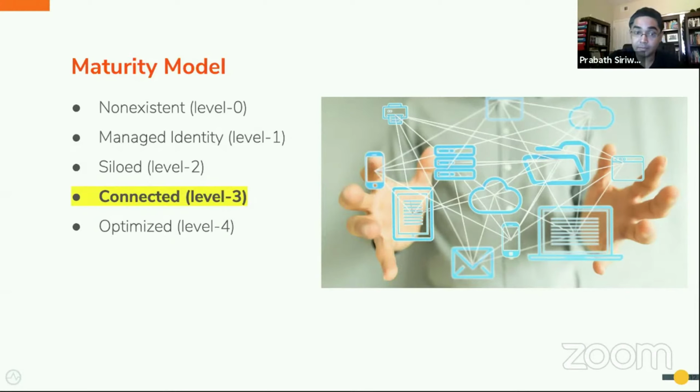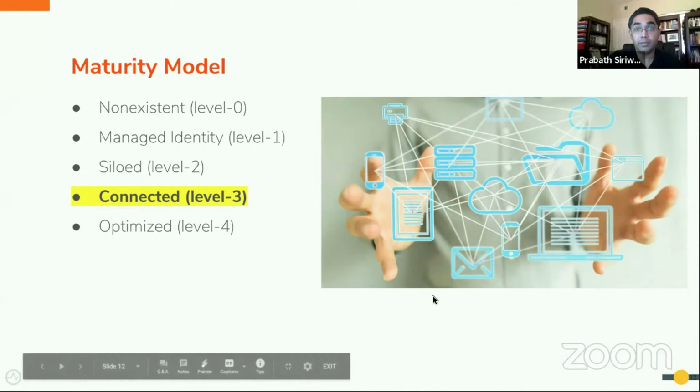To build a CIAM solution in this phase, you would need more than an identity provider. You need to worry about integrating systems, exposing data as APIs, managing those APIs, and many more. This is why we see many customers in this phase work with system integrators to build the CIAM solution if they don't have a strong development team in-house.